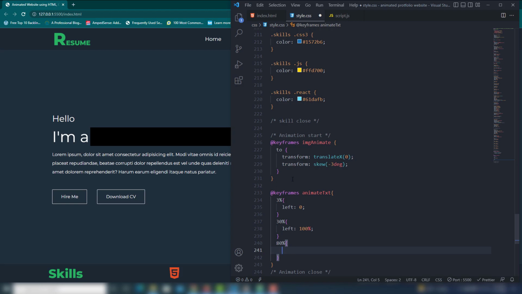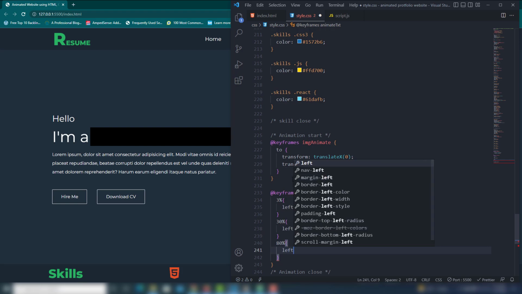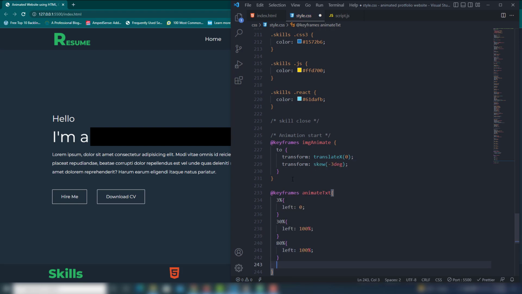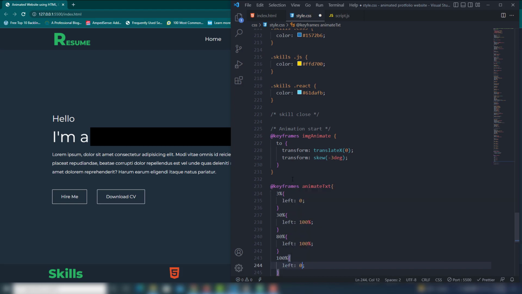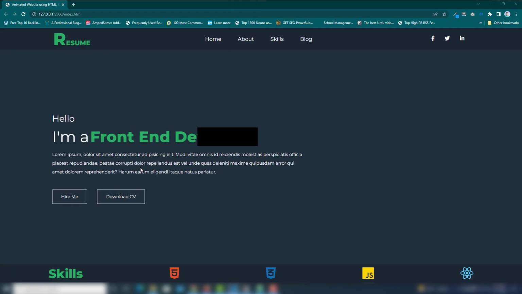hide the animation using keyframes. I'm going to show you. At 80% I'm going to set left to 100%. At 100% I'm going to set left to 0. So first we save that, and let's see. As you can see,